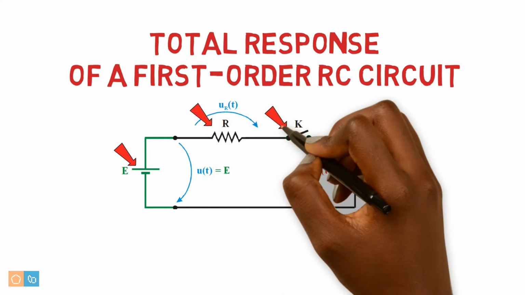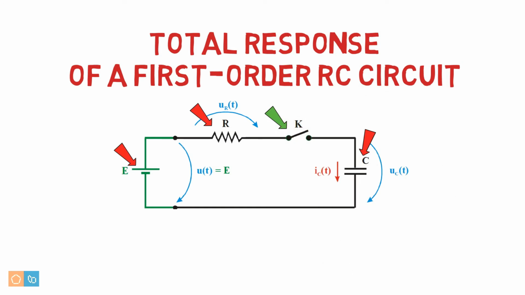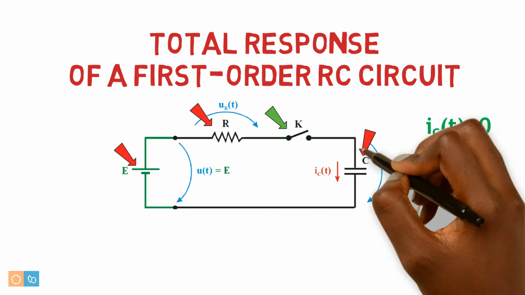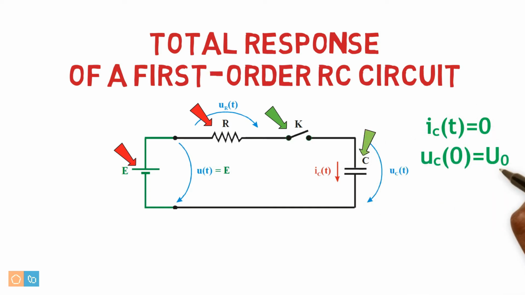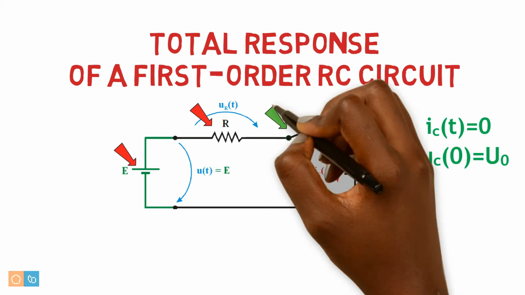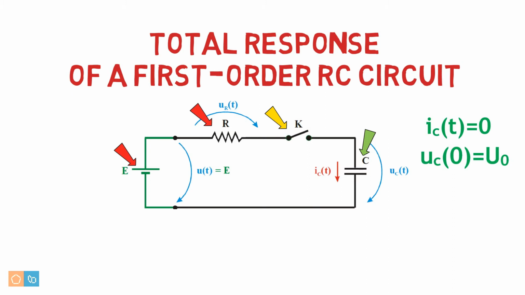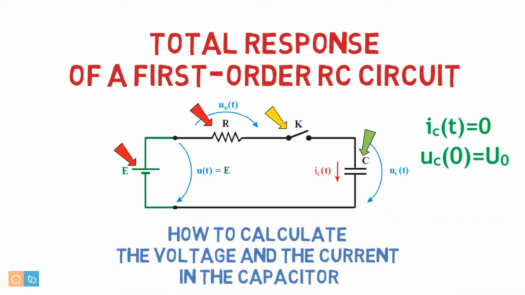The switch, K, is initially open, ensuring that the capacitor current, IC, is zero and its voltage, UC, remains constant. The capacitor is charged with a voltage U0 at time 0. At that instant, the switch K is closed and remains closed from that moment on. We want to know how the voltage and the current behave from that instant onwards, that is, for t equal